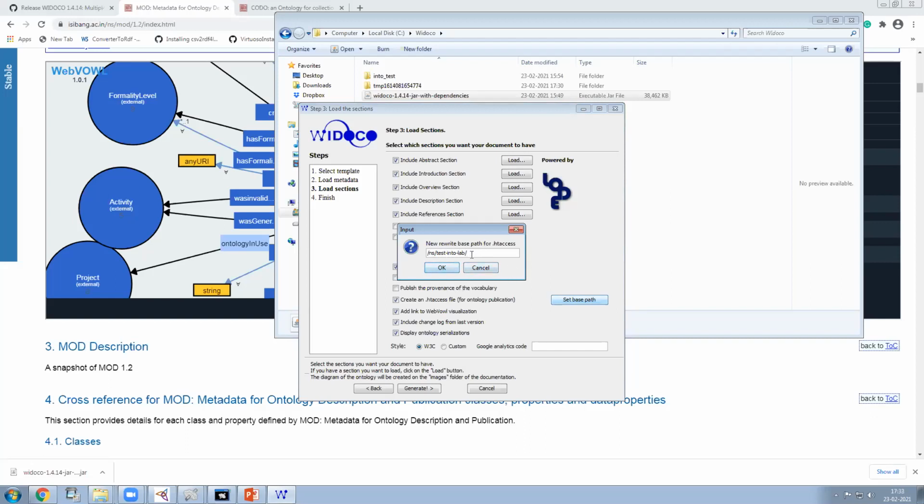This is the relative path that I'm giving. But before this, I have the URI, which is isibank.ac.in. So that's the URI I'm going to use. And then I give the directory path, where my path is, like NS and this. Okay. And then I just discard this include named individuals in the document.